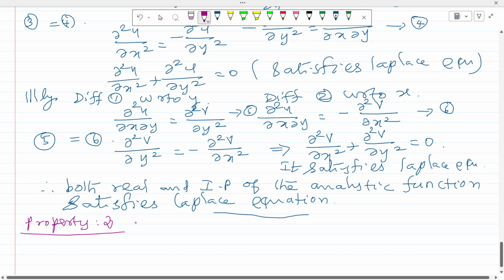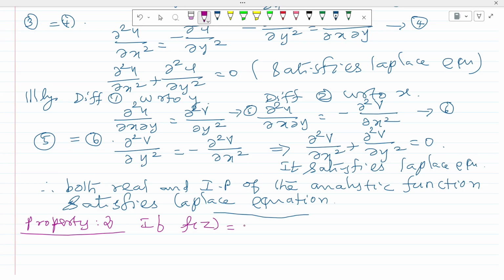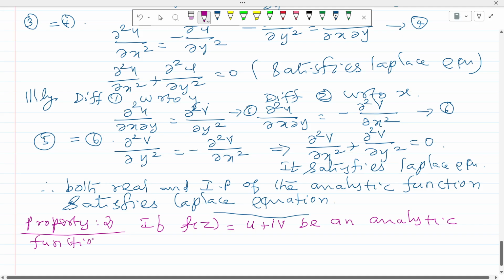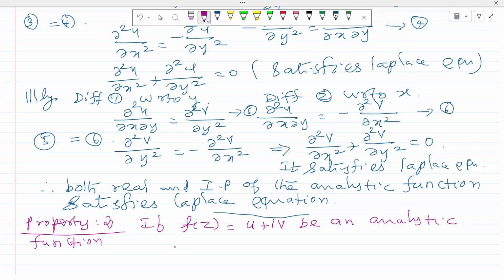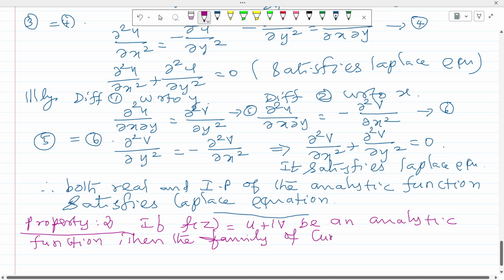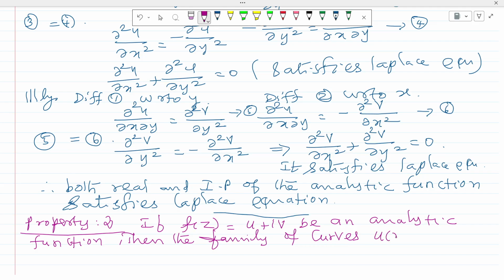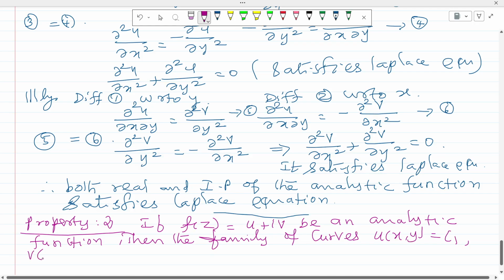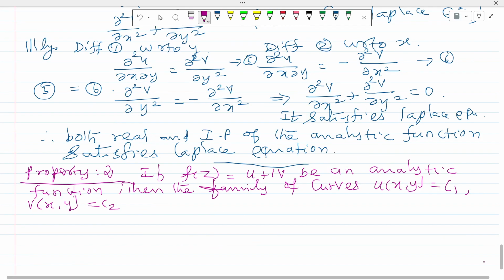Property 2. If f of z equal to u plus iv is an analytic function, then the family of curves u of x comma y equal to c1 and v of x comma y equal to c2, where c1 and c2 are constants,